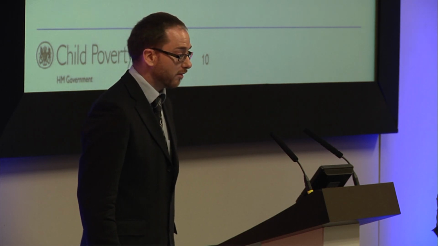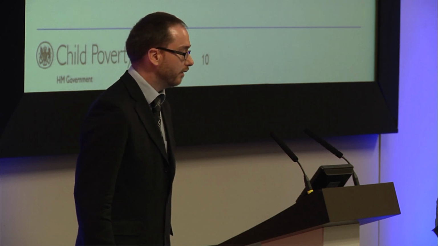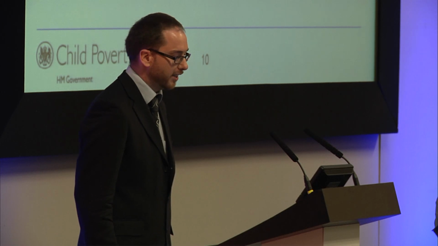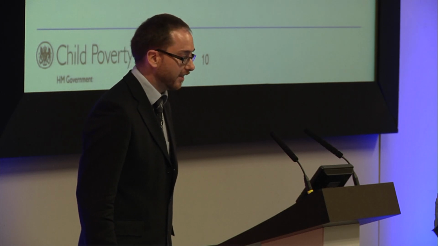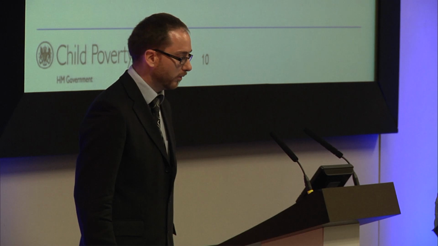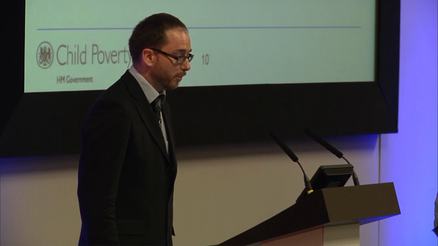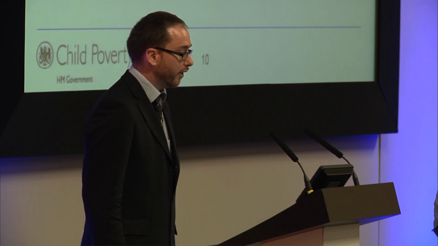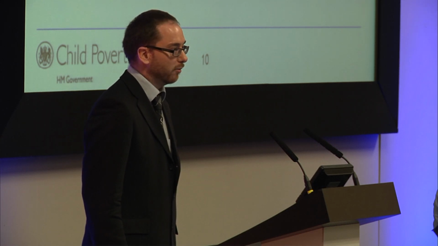We want to work with experts in any new measures and on the new strategy. We want to reach out to frontline workers, academics, experts in the area, so that we've got the best evidence and the best ideas. We also need to take account of the Social Mobility and Child Poverty Commission. This is an independent body chaired by Alan Milburn, whose first report is due in the autumn, and we'll have to feed that into our strategy thinking.